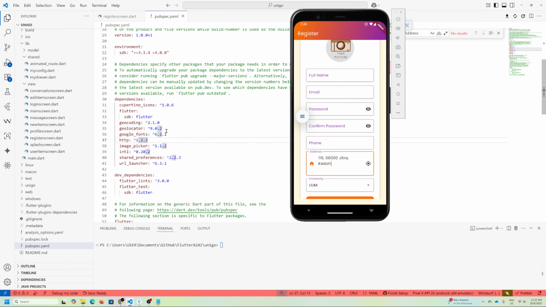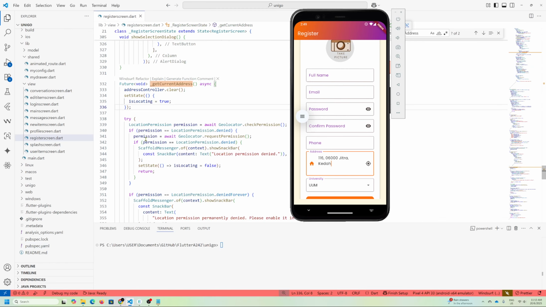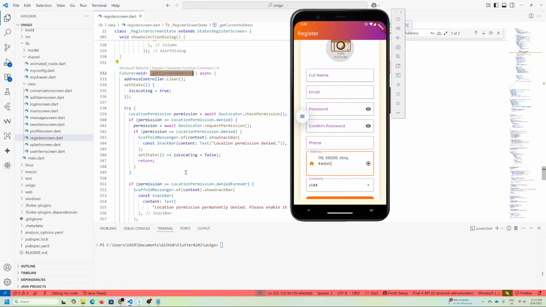This is because I still have issues with Gradle. So I'm using an old version, and with this old version I don't have to update my Gradle, which is currently version 8.2 I believe, or 8.12. So you have to check whether you can use the latest version with your Gradle version. I cannot use that version unless I make some modification to my Gradle file. But this is the version that I'm using that seems to work. So now the implementation is basically through this button and this get current address method,